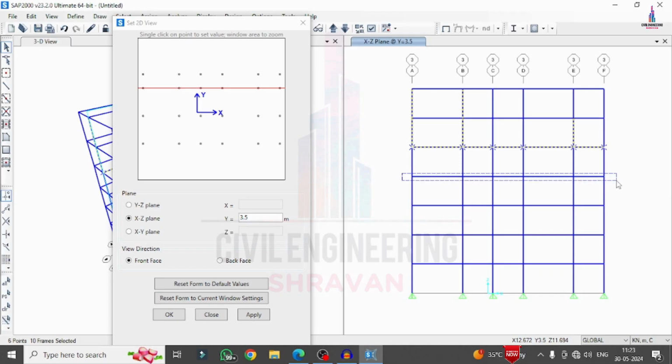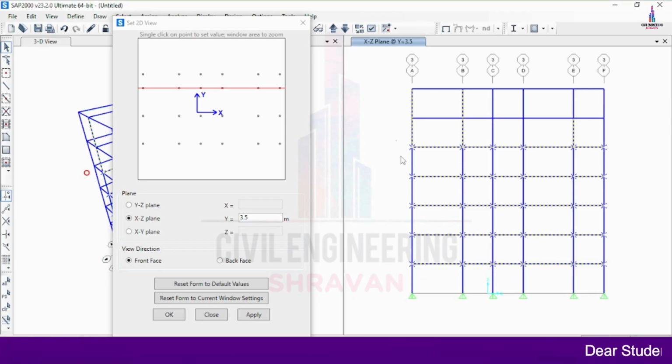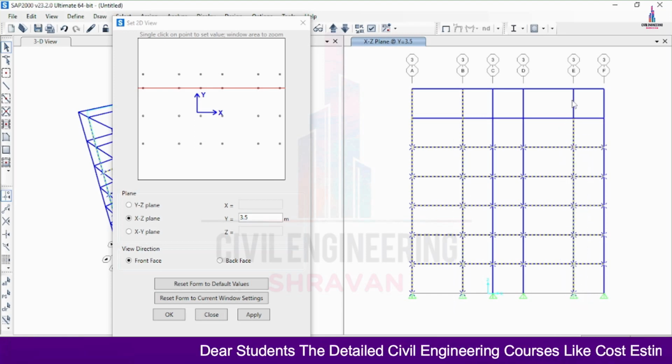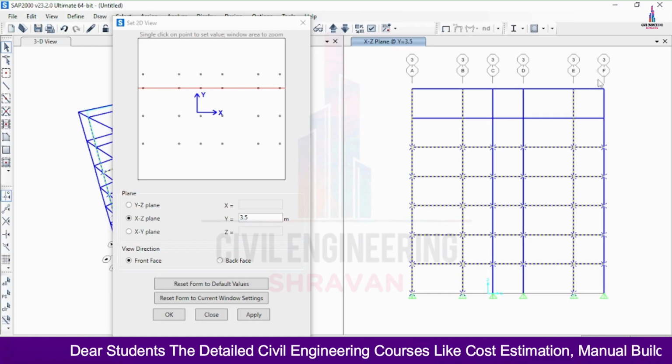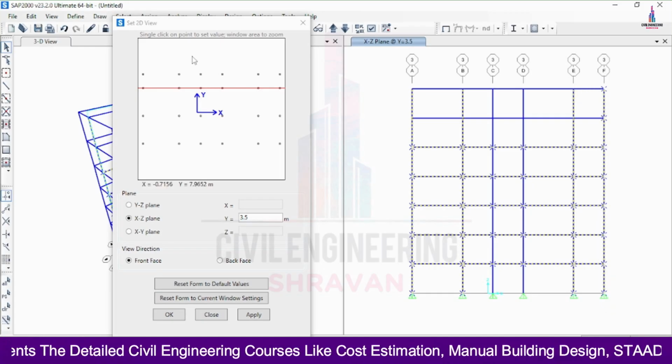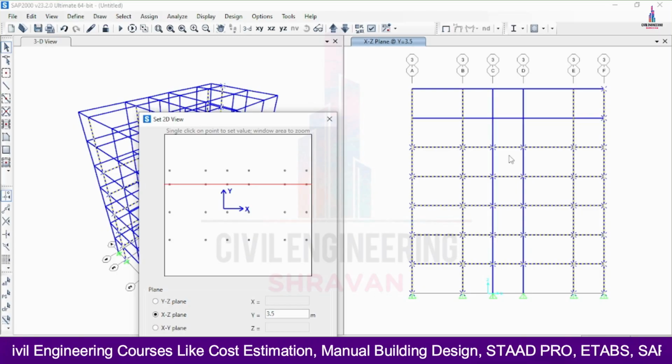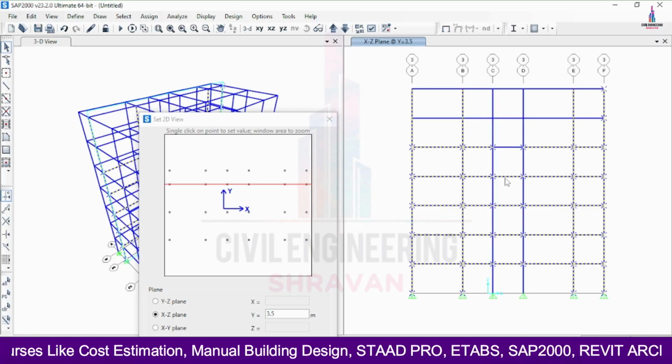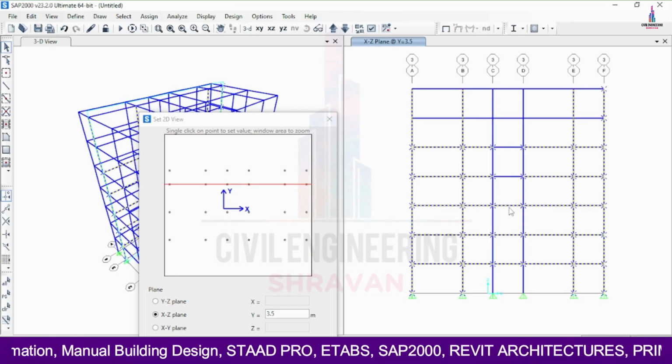Again, in the same process we have to select the beams for this model. Now here you can see I have selected all these members, but we have to deselect these beam section members for this model.